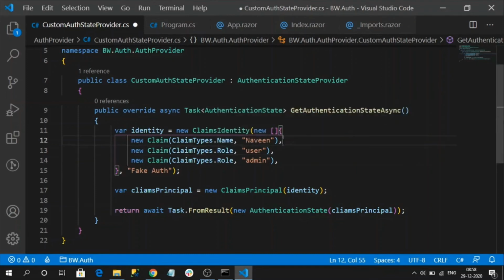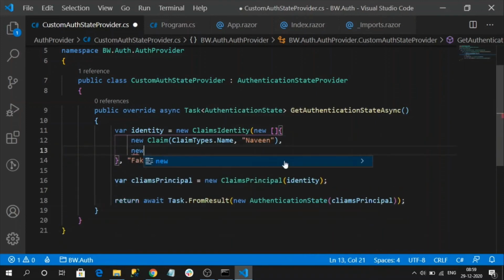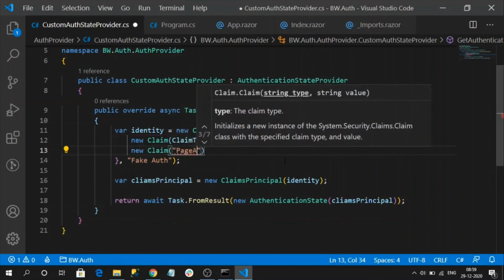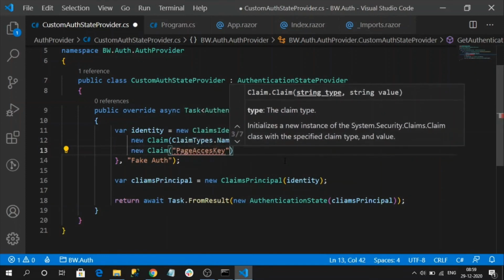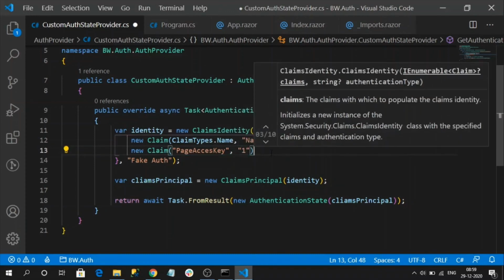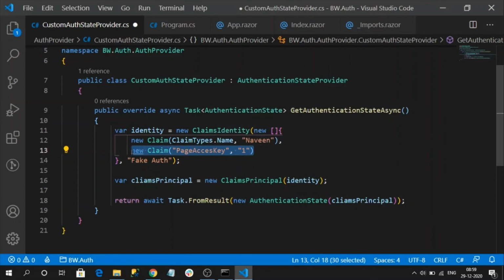I will create one. Let me remove these roles and add a claim like page access key. I will create one more with the same key. So first, let's do it like this: page access key. Here I am having a claim like page access and the value will be 1.